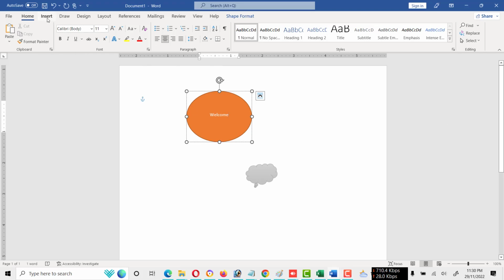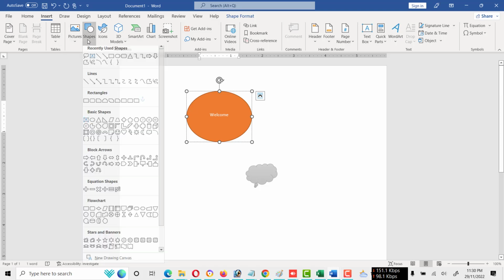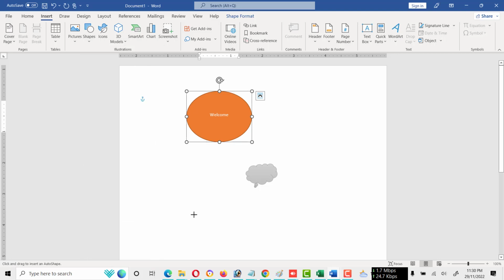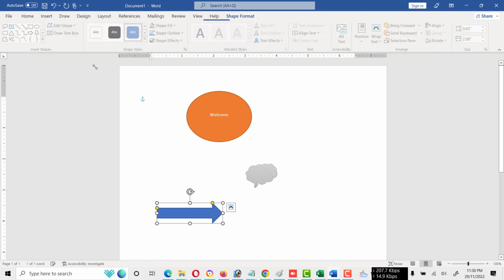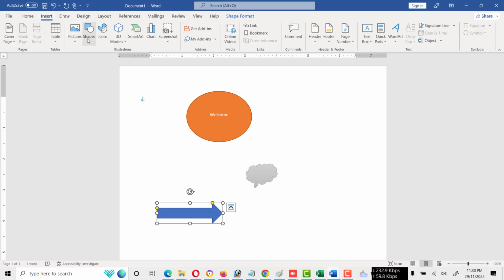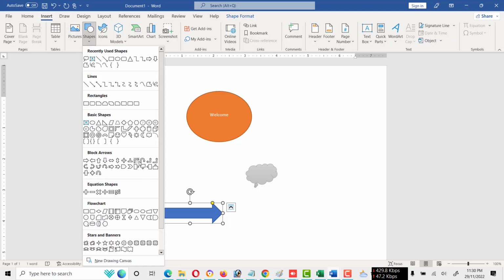We can also add more shapes like these types of arrows. Okay, and some more shapes like